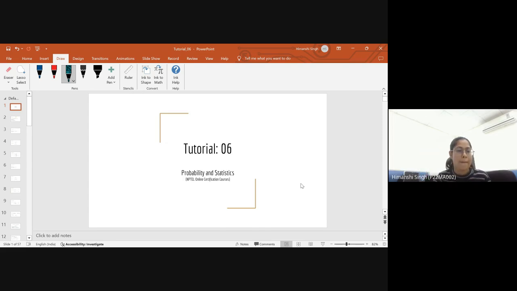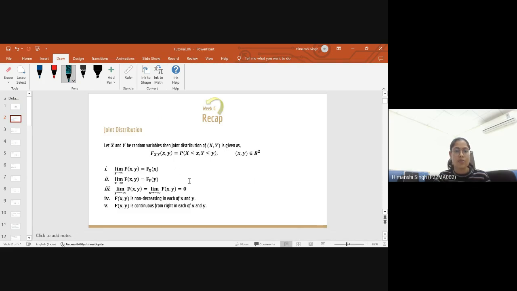So in week 6, what has been taught? First of all, joint distribution has been taught. Up till now, we only have a single random variable. Now, in place of a single random variable, if I have two random variables, for example, in place of a single observation, if I'm interested to consider two different observations,